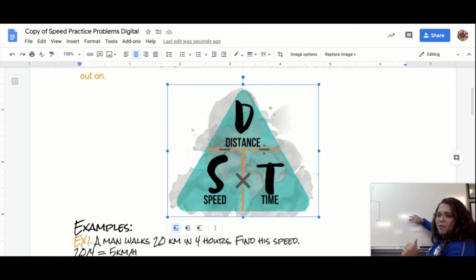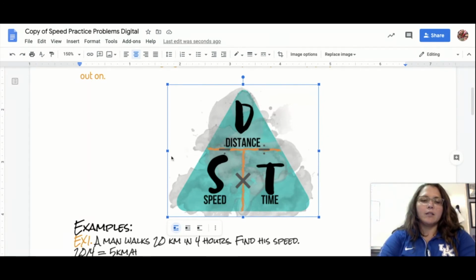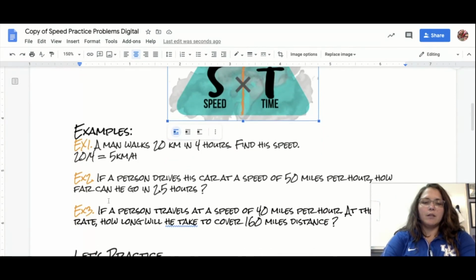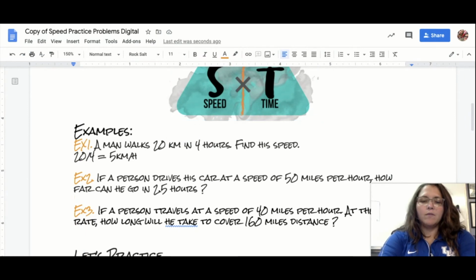Again, if I cover up distance, I'm left with speed times time. So that's the formula I use. And so I'm going to be doing speed, which was 50 miles per hour, times 2.5 hours. 50 times 2.5 is